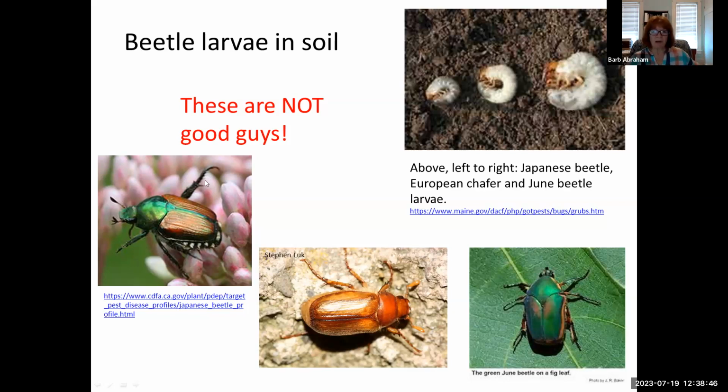But the other thing I wanted to show you, if you've ever experienced trying to hand pick a Japanese beetle off, or if you've watched a wasp or something, they have this nifty defense mechanism of putting their back legs up over their backs to try to repel a predator. And this picture shows this pretty well, where it's holding its legs up. As far as I know, these guys don't do that.